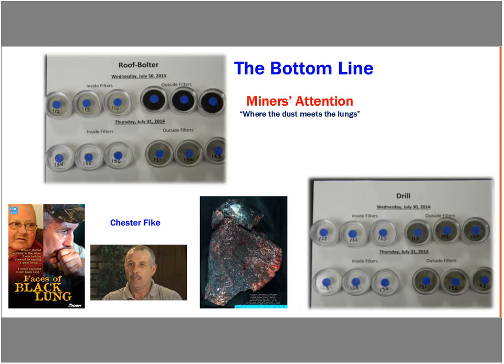And when we're showing them the graphs and all the information, you know, they're looking at it. But I think the thing where the light bulbs actually came on is when we actually showed them the filters that were on the outside of their mobile equipment and on the inside. So you can see for Wednesday, July 30th, for both the roof bolter and the drill, and the workers saw